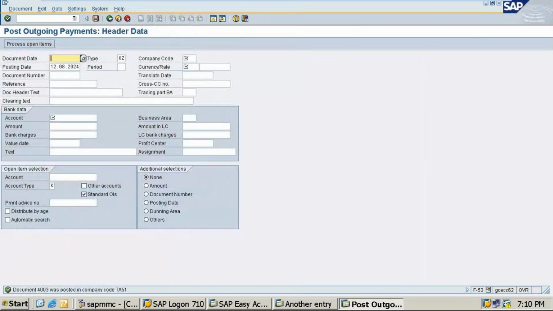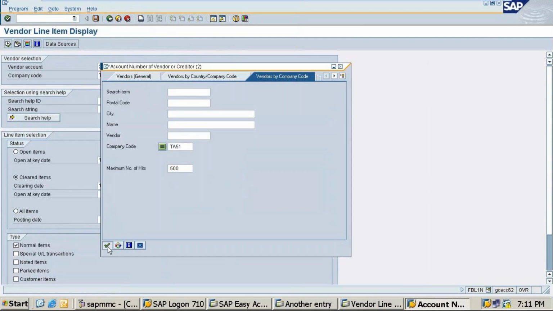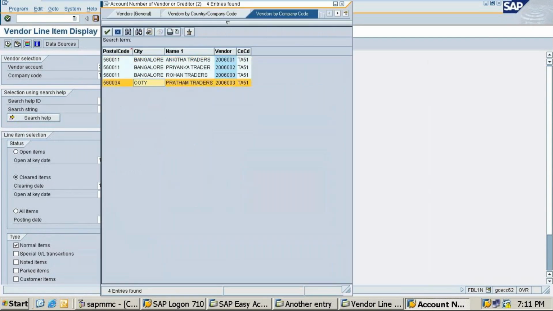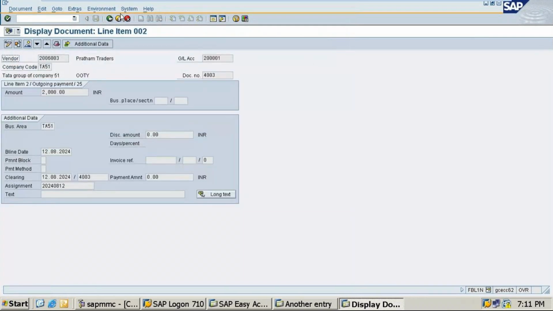Document was posted. So this is all we have done for this. So all payment has been done. Okay, so this is the details which we'll find out.